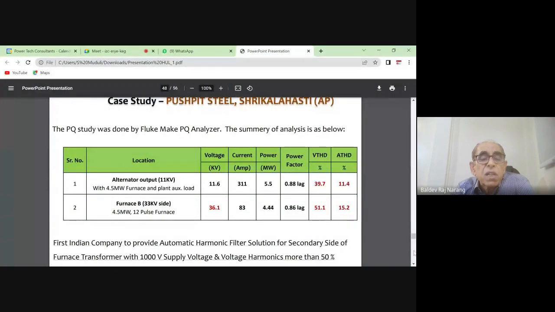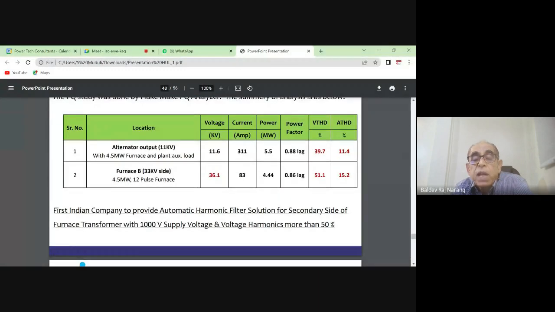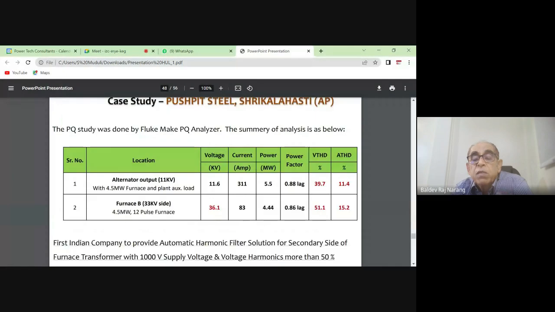So here this was a study. Here, of the case studies, now we have two, three. There was a furnace, and they had their own generation as well as taking supply from the utility. But whenever they wanted to run on their own plant, they were not able to run. The generation was not able to take care of the harmonic load. The voltage distortion was very heavy, and the current harmonics were also there, but because it is a small source,